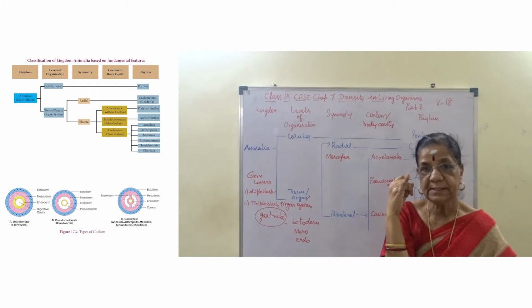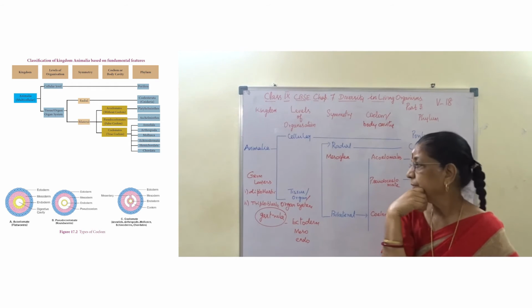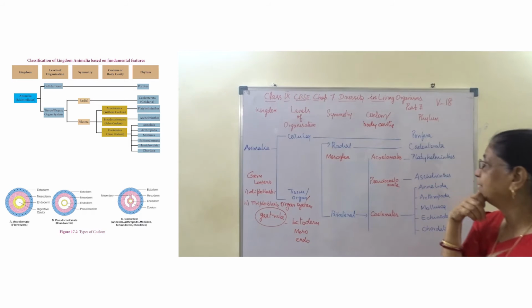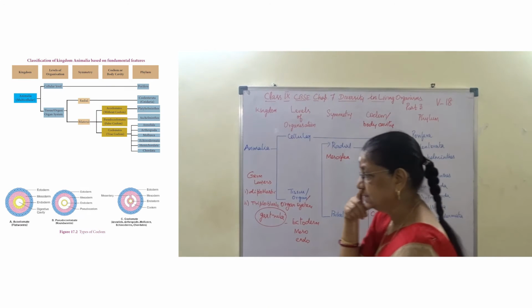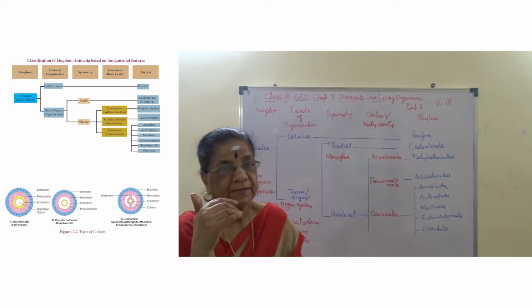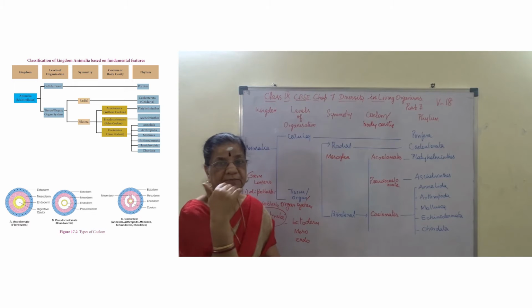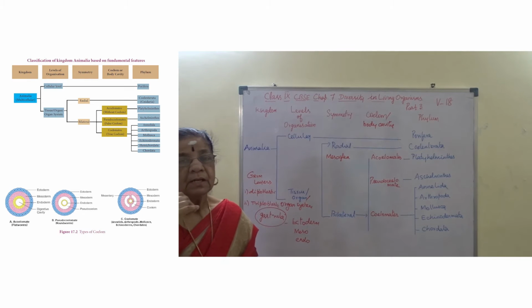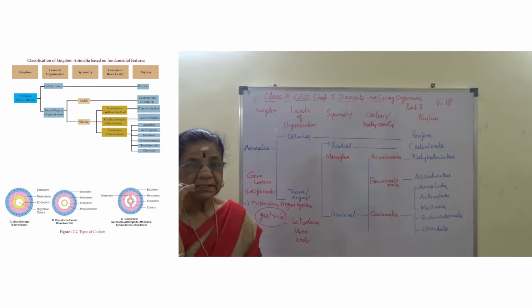One is radial symmetry. Another one is bilateral symmetry. What do you understand? Radial symmetry: when an animal is cut at any plane to get two equal halves. I repeat, when an animal is cut at any plane to get two equal halves, then it is said to be